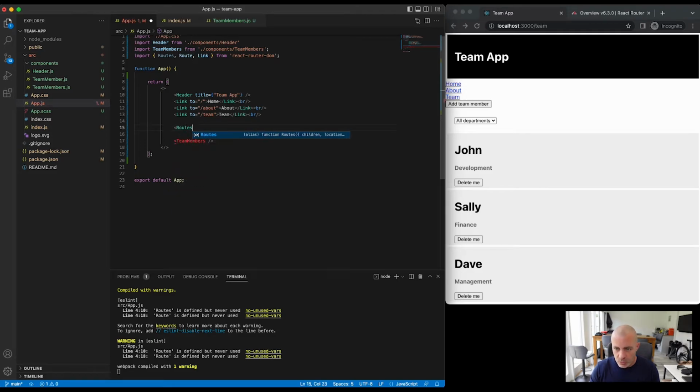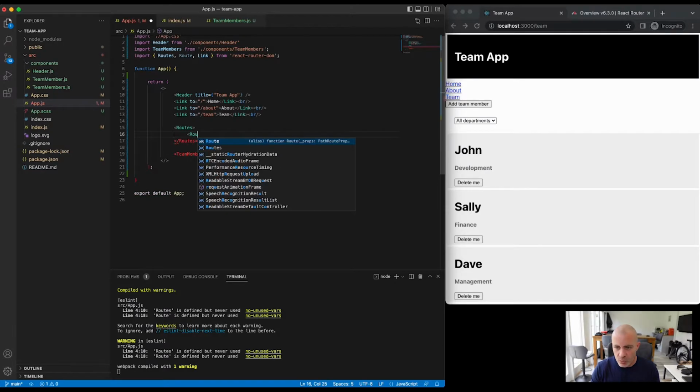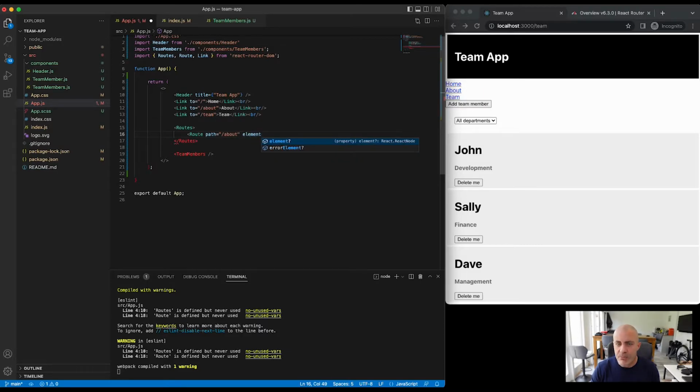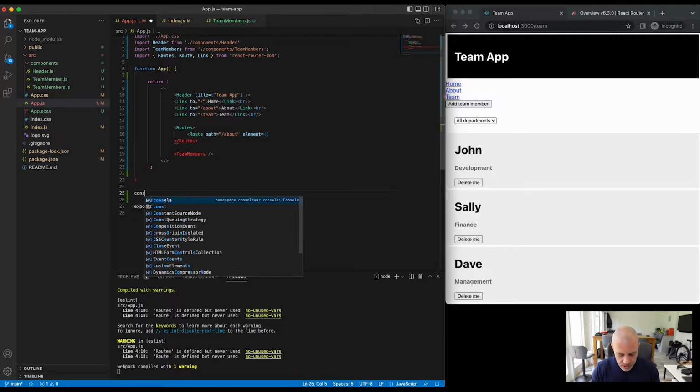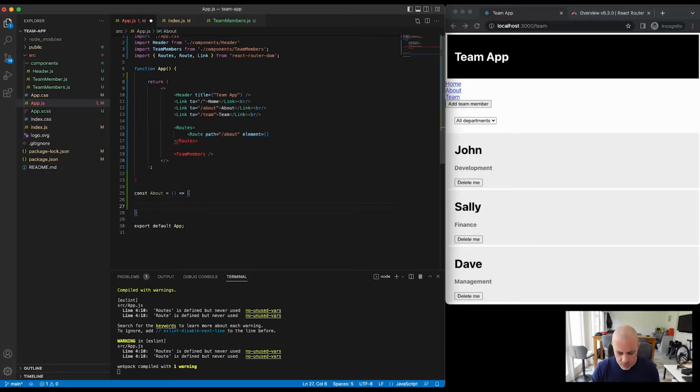So say Routes, and within the Routes component, we set a Route for any URL changes we want to match. So the syntax is path equals /about, and we then define an element to show on the page once we find a match with that route. In curly brackets, we could for now, in fact, let's just remove that a second. And down here, we'll create a const About, we'll create a new component, and we'll return